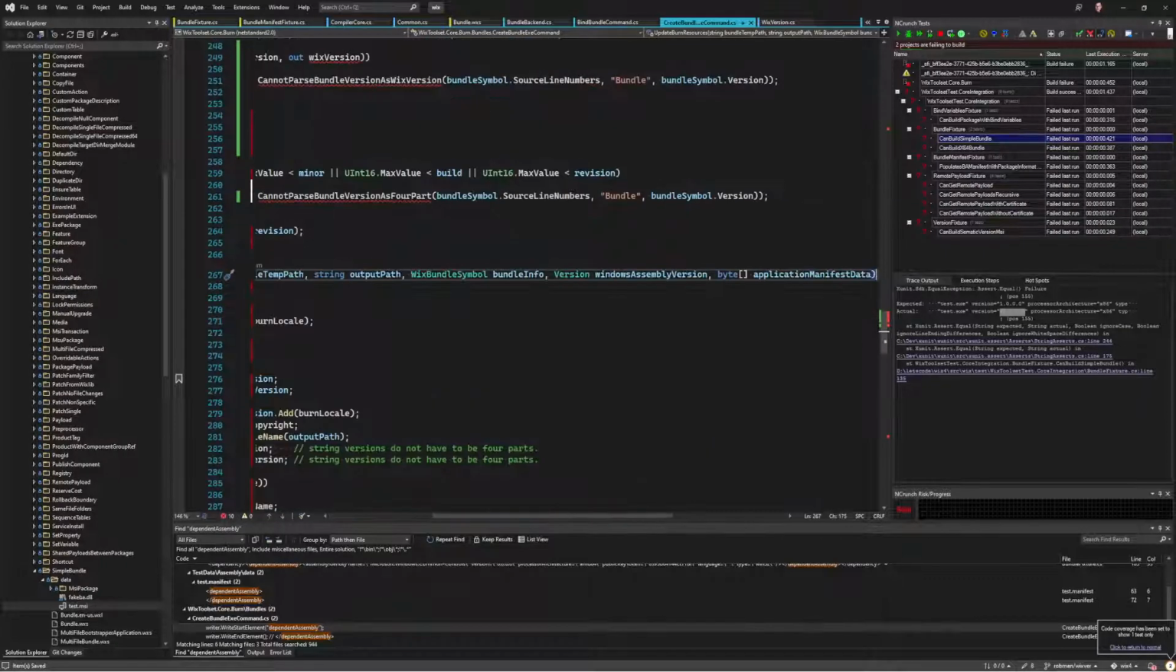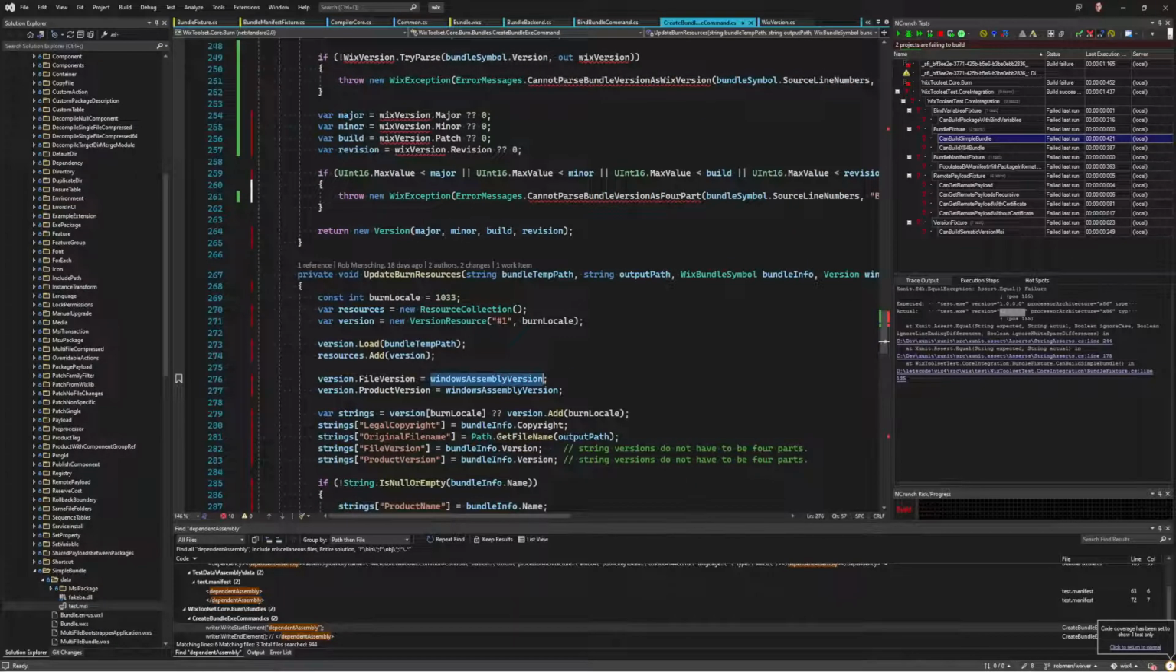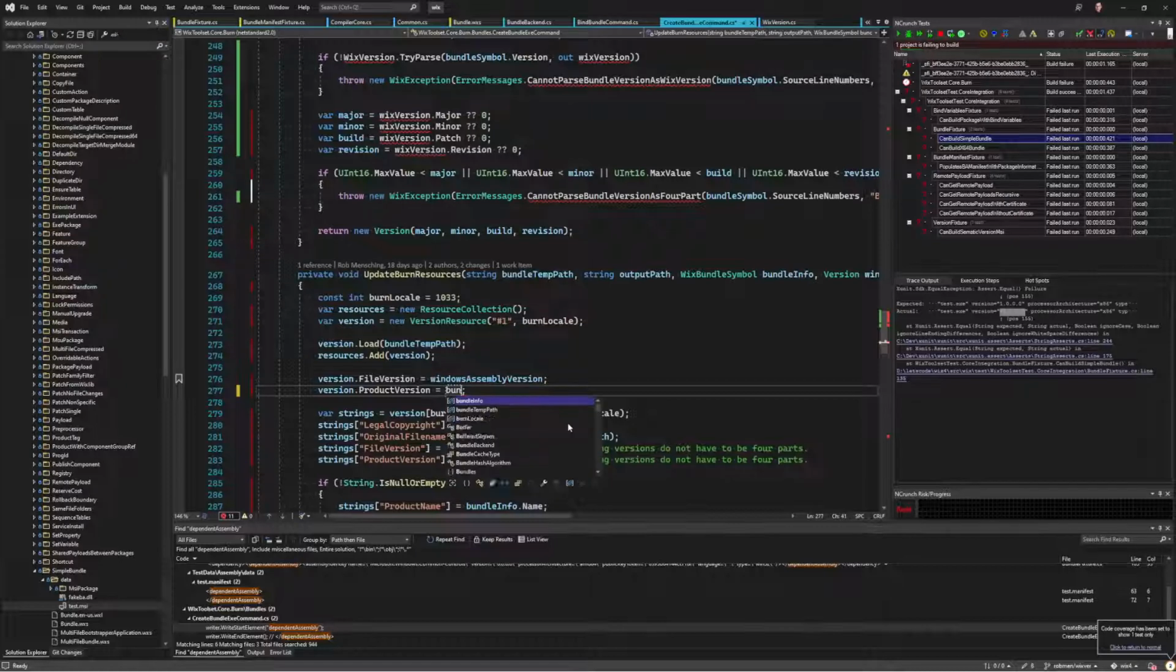Great. And we use the Windows assembly version, which is kind of funny. It's basically the file part version. Now this, we don't want the product version. The file version is the 4-part version. I'm still thinking that. And then this is bundle info dot version. We want the string version for that one. Wait, right? That's oh